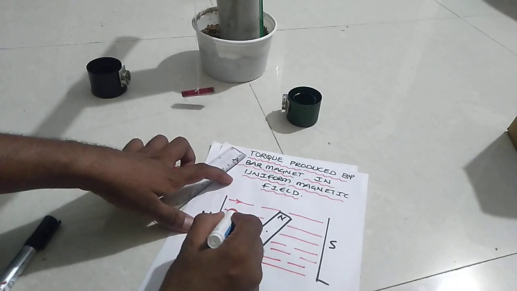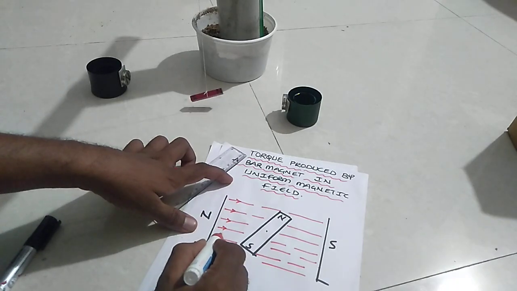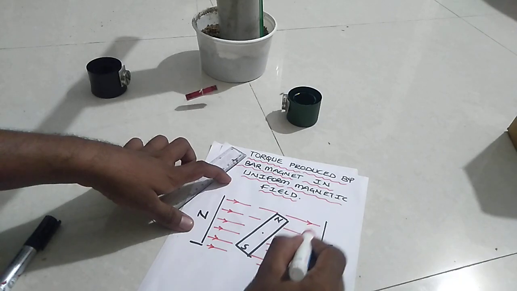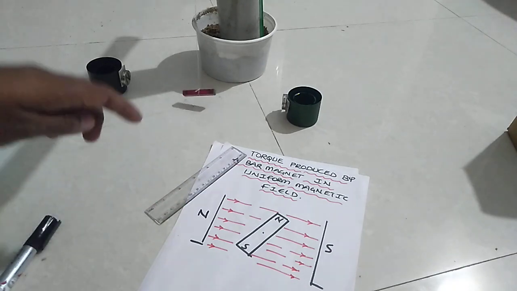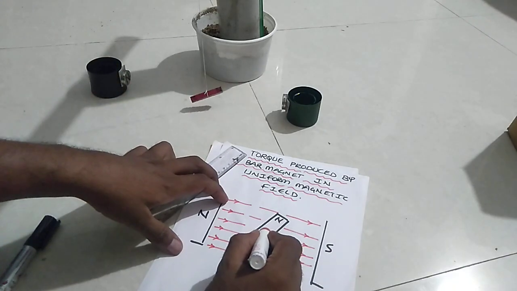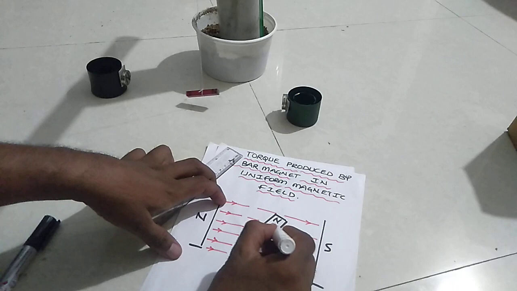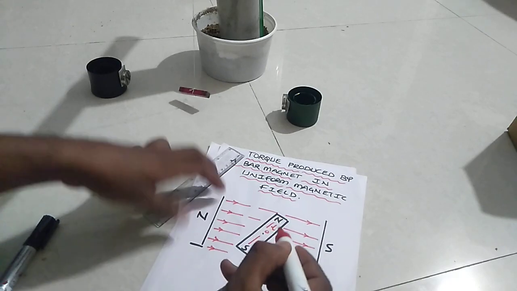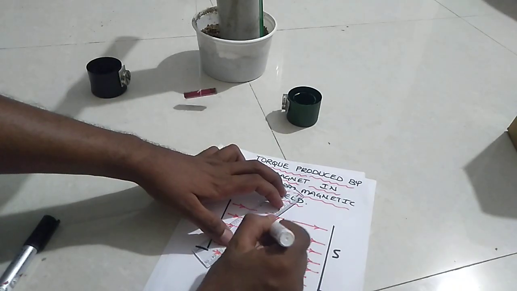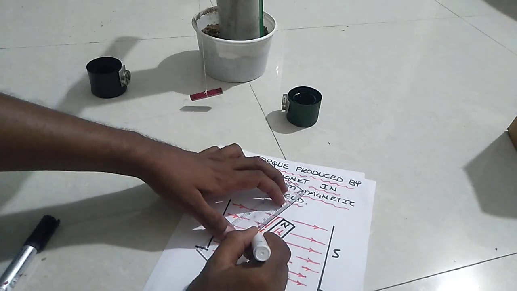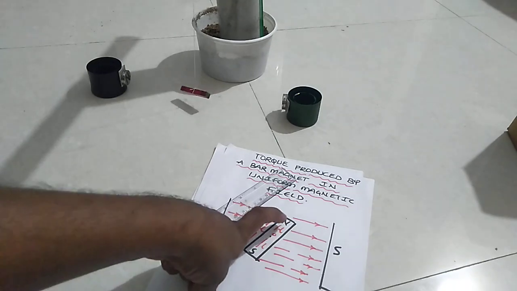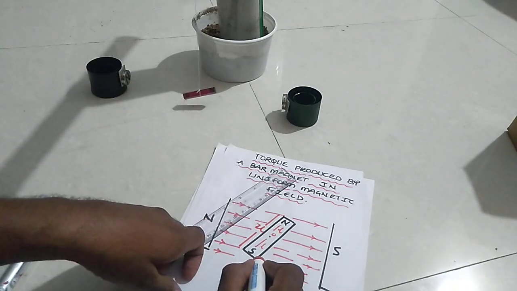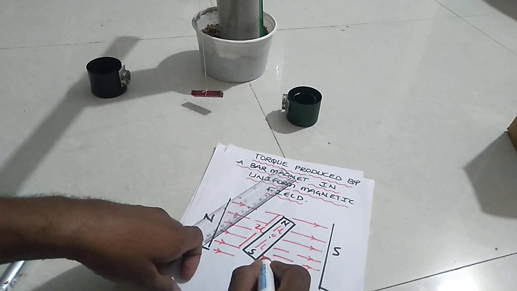This is the direction of the magnetic lines of force. Try to understand what I am saying. Now this is called the center, and you all know this distance is what we call L, and this distance is also L, and the total distance from here to here is 2L. 2L is the distance between the north pole and south pole in the bar magnet. And here the angle, let us take, is theta.